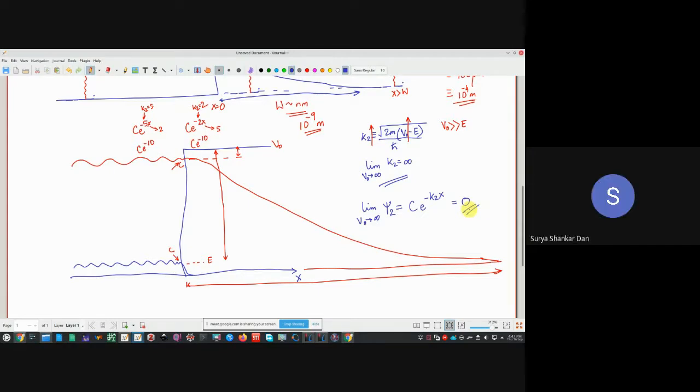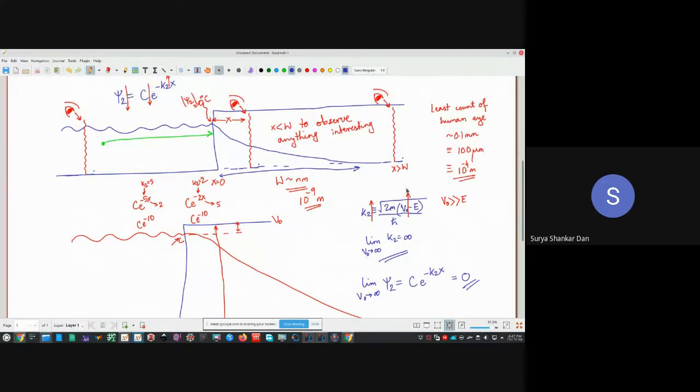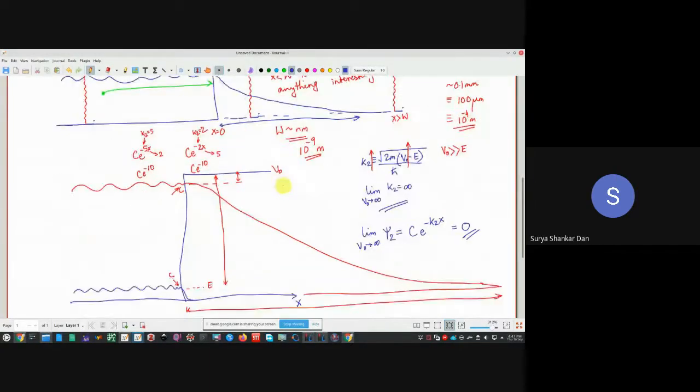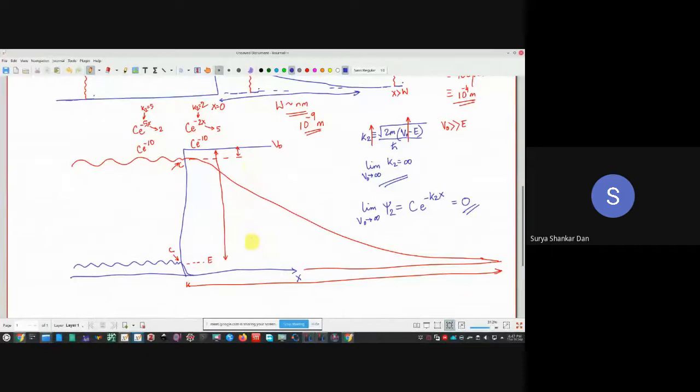That means there are two things which we have learned from this thought experiment or mathematical model. Number one, the larger the distance you go away from the junction, or wherever the interesting phenomena occur, the farther you go, you will not even have an idea of anything interesting happening. So that depends on the W value. And the second thing is that the larger the barrier, you will also not be able to observe, because this W part will essentially reduce.